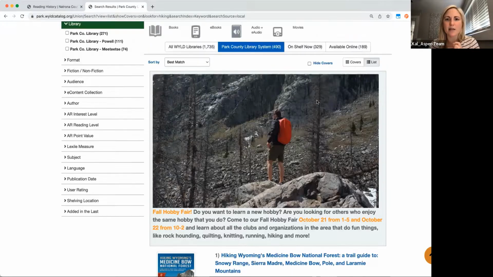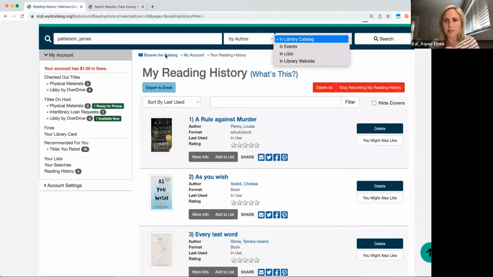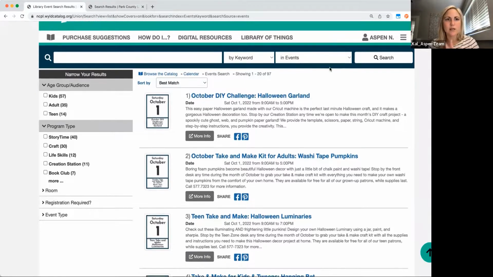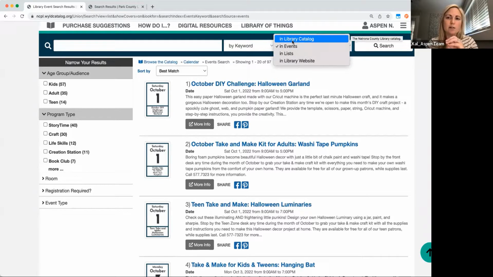One other thing with events, I think it might be the only one that has it, but I did want to point out, we do have an events integration with Library Calendar and Library Market. And if you do have that integration, or you do pay for one of those services, your catalog might have this event search built in. So I just wanted to show this off, or if you're considering maybe getting a calendar in the future, this is an option.